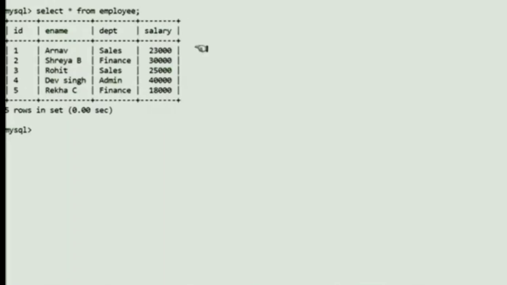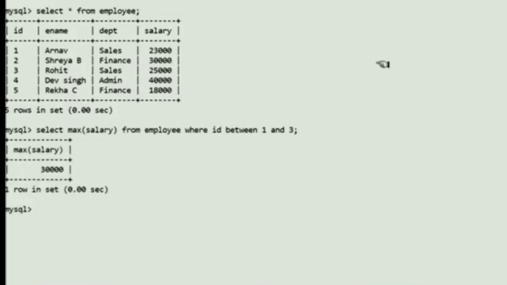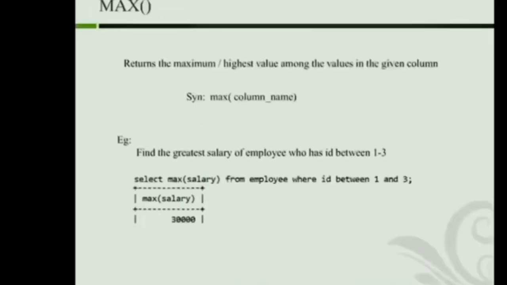Students, from this salary column, we want to find the highest salary of employee where ID is between 1 and 3. So the first three values must be compared and the maximum value returned. So we can write the query: select MAX of salary from employee where ID between 1 and 3. The output will be returned as 30,000. So 30,000 is the answer.